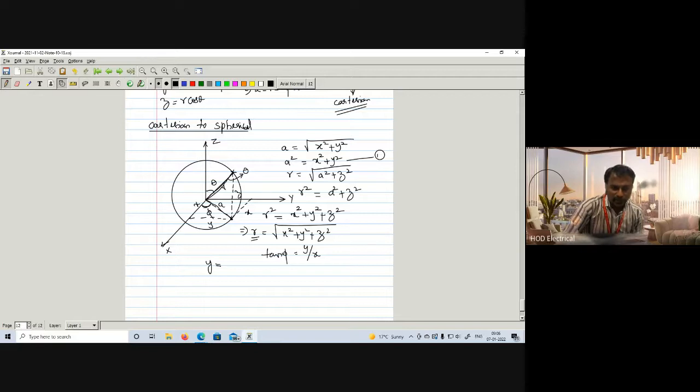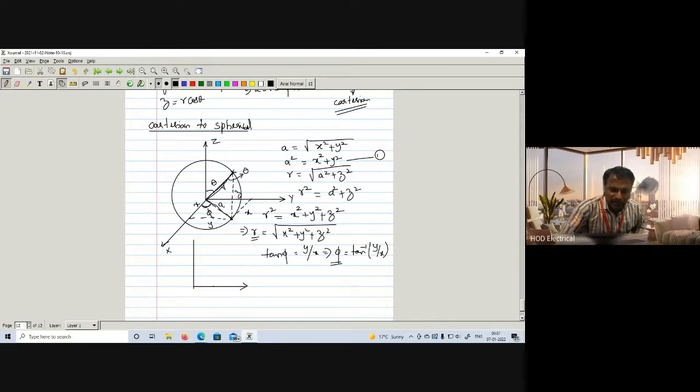Therefore, the adjacent side is x, right? So from this we can easily write phi is equal to tan inverse of y by x. So we know phi now, and r also. The remaining one is theta. So how can we find this theta? Theta can be found from this equation. How will it be? Theta can be written as this angle, right? So now let me draw this line here.